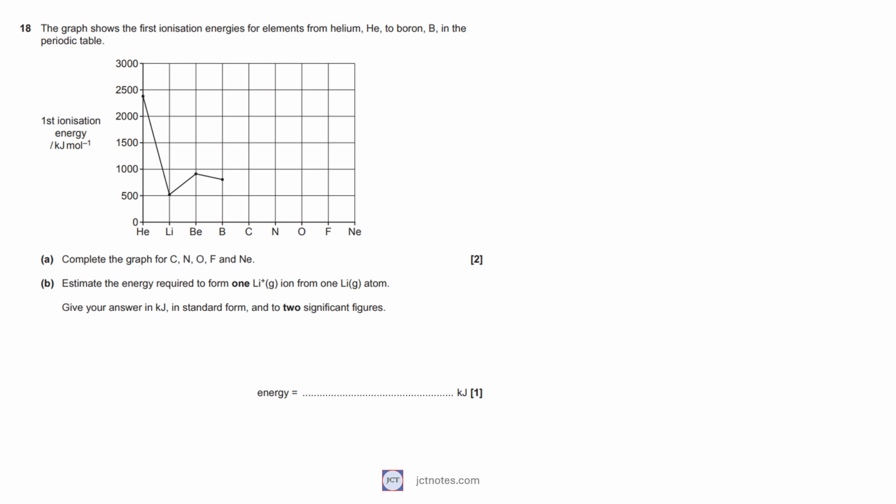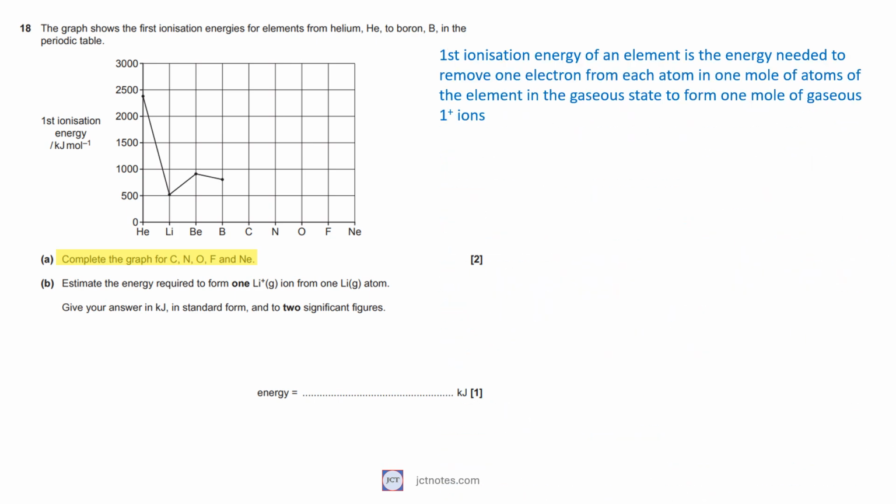In question 18, we have the graph showing the first ionization energies for elements from helium to boron in the periodic table. In section A, we are asked to complete the table for carbon, nitrogen, oxygen, fluorine, and neon. The definition of the first ionization energy of an element is the energy needed to remove one electron from each atom in 1 mole of atoms of the element in the gaseous state to form 1 mole of gaseous 1+